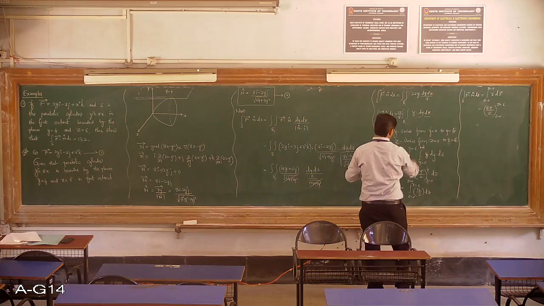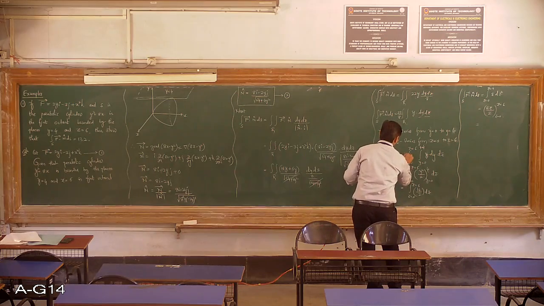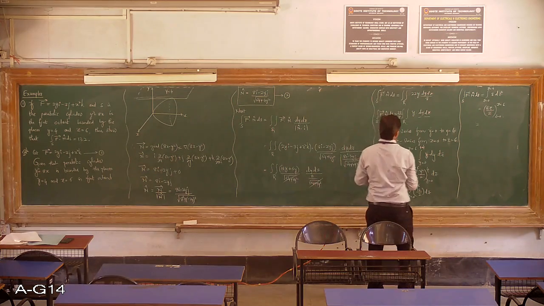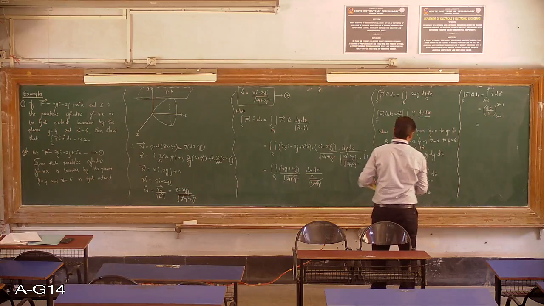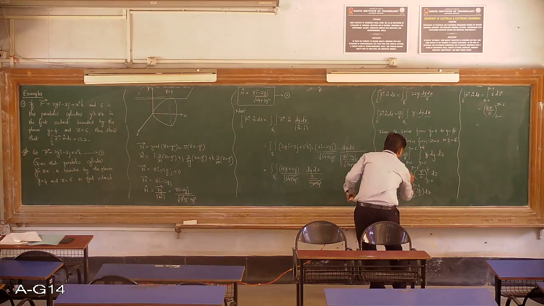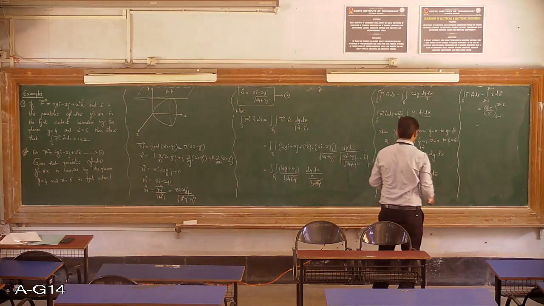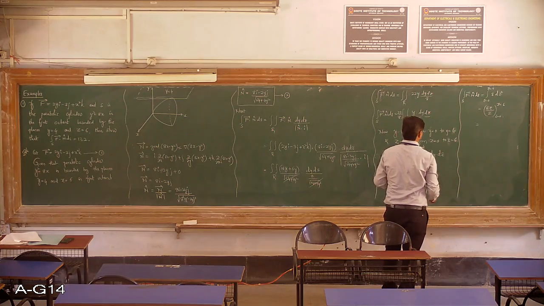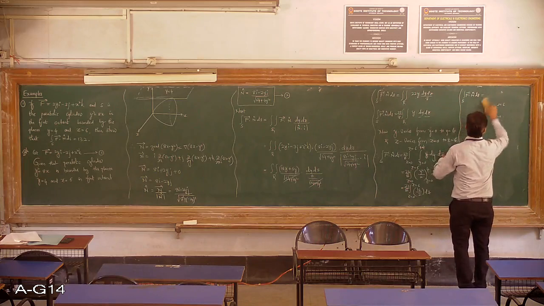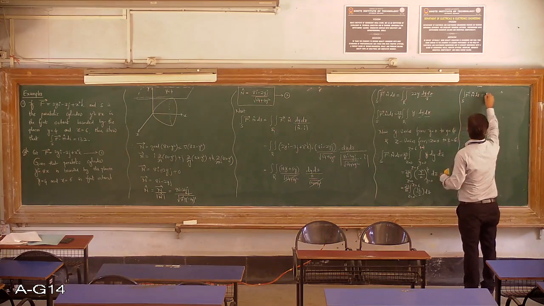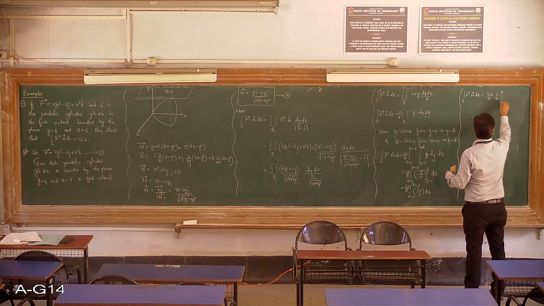Then you can write here 22 by 8, and here also it is 22 by 8. Here also it is 22 by 8. So now here it will be 22 by 8 into 1 by 8 integration